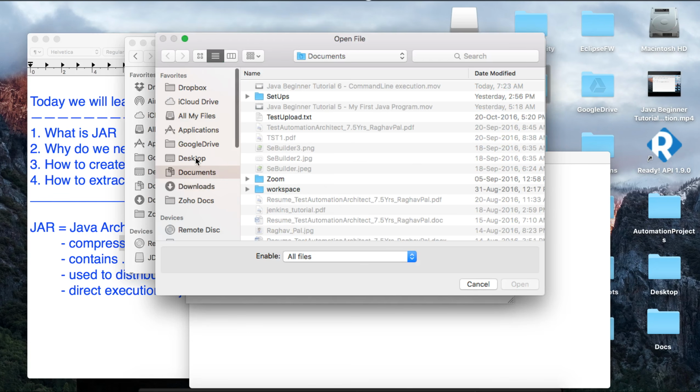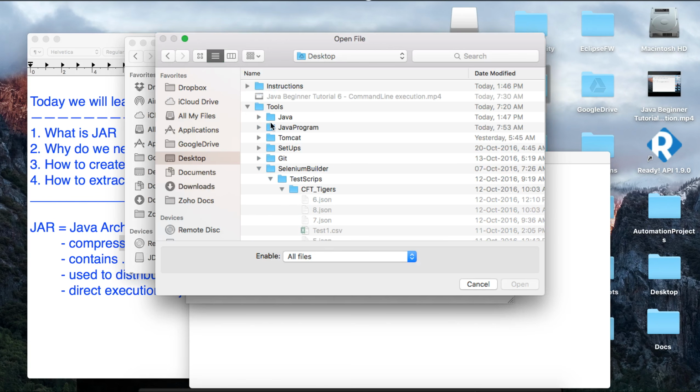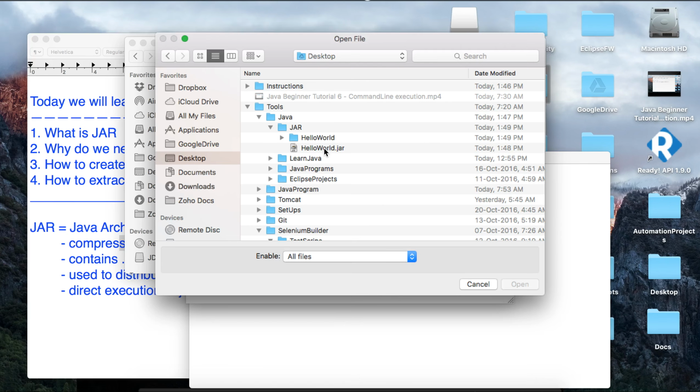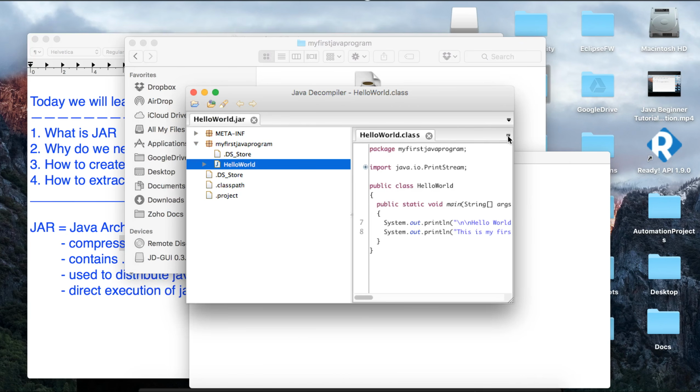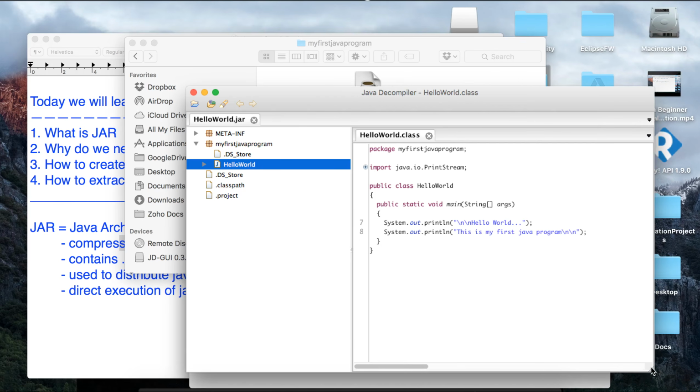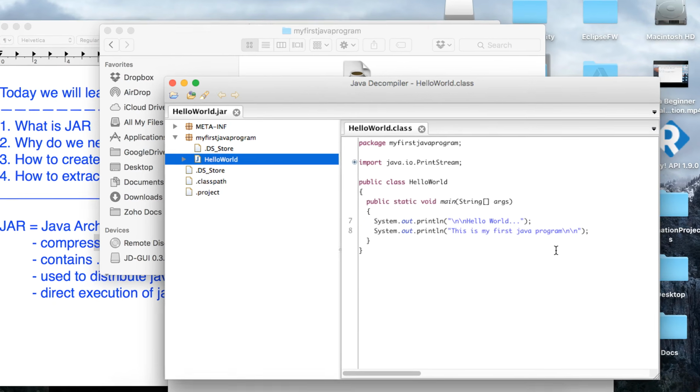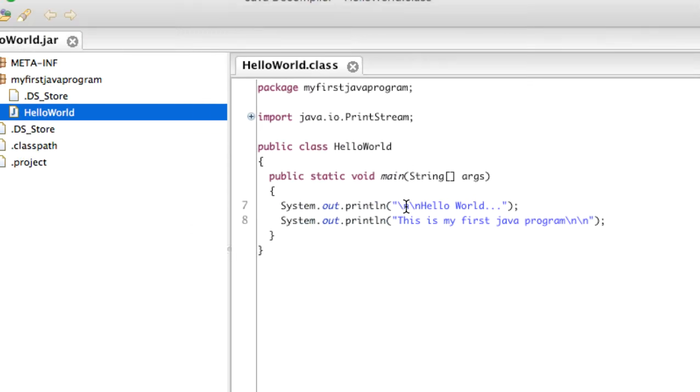In my case it is located in desktop, tools, java, jar, and hello world.jar, and now you can see it has decompiled and given me back my .java file. So I can look into my program exactly what this jar file contains.